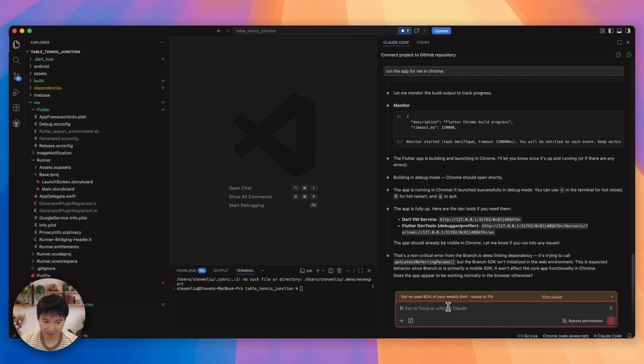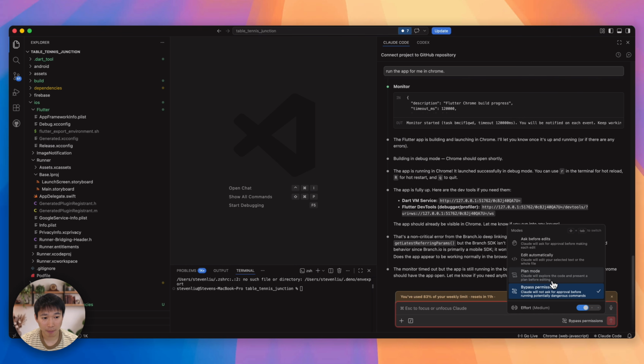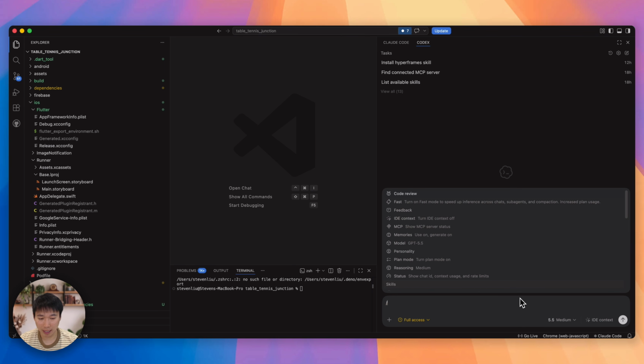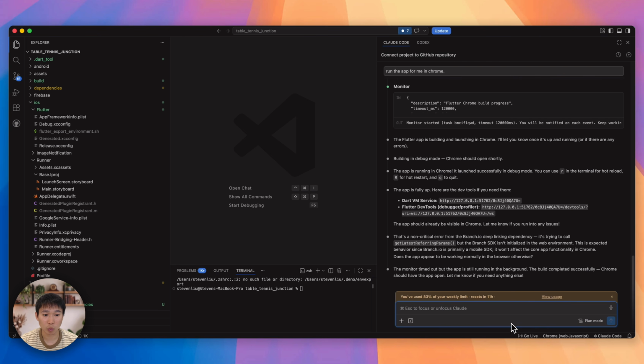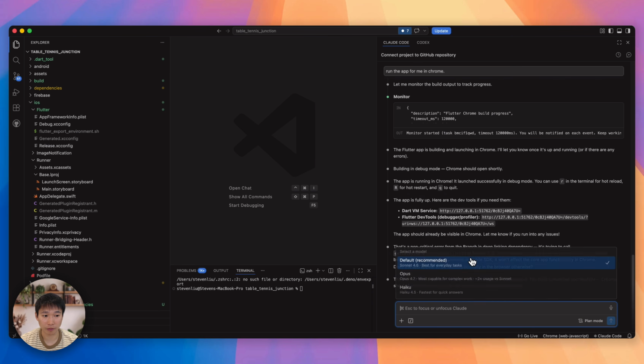So what's next? What I'm going to do next is start the refactor. How I like to start the refactor is use plan mode. So plan mode is basically this. Claude will explore the code and present a plan before editing. If you're using Codex, you can just go /plan and then turn on plan mode. In addition, what I like to do here is use the highest model possible because it's a refactor. So switch the model for Claude to Opus 4.7, the most complex task.